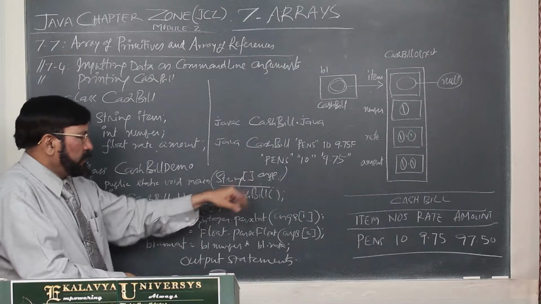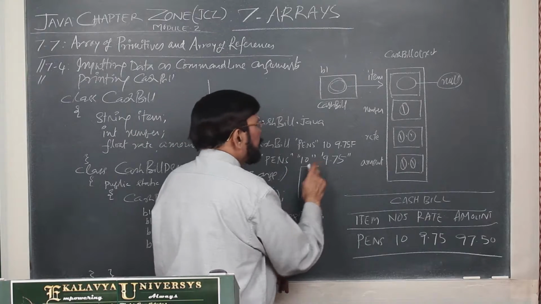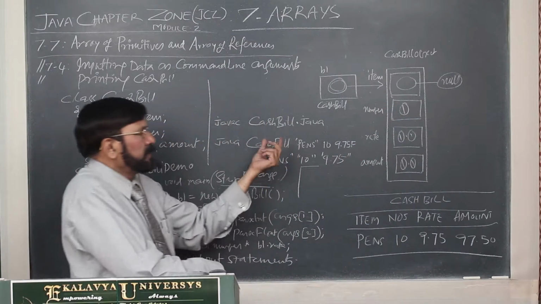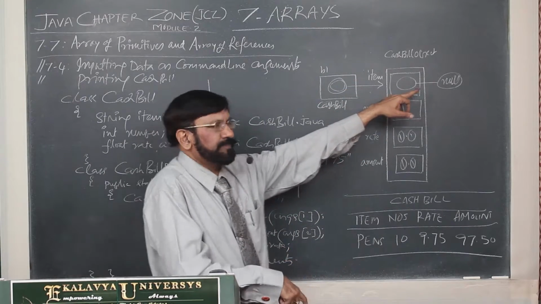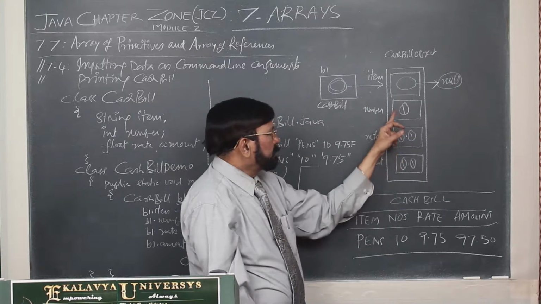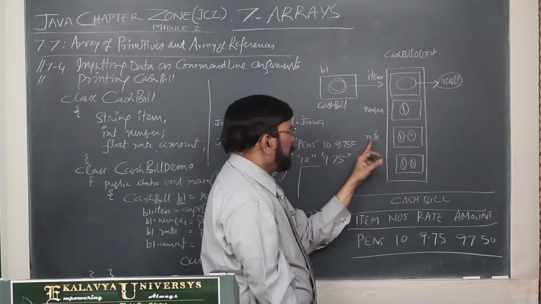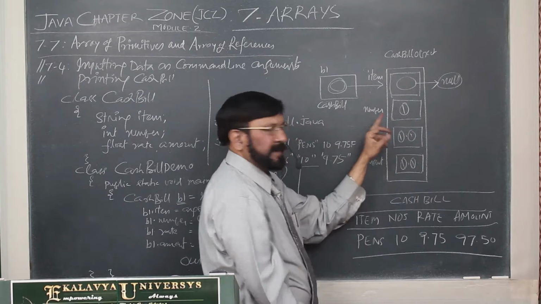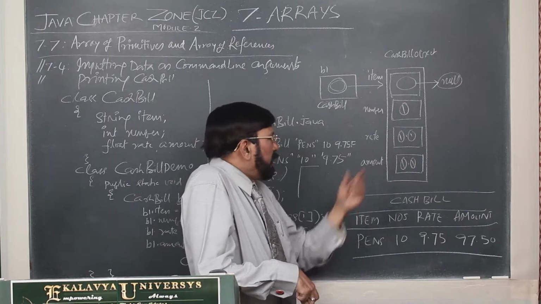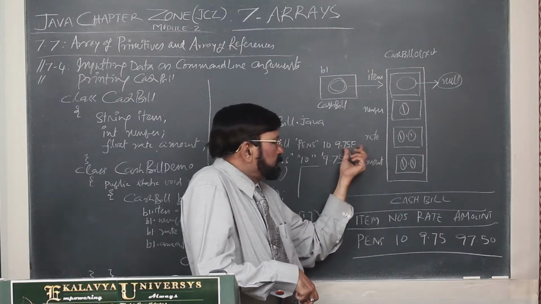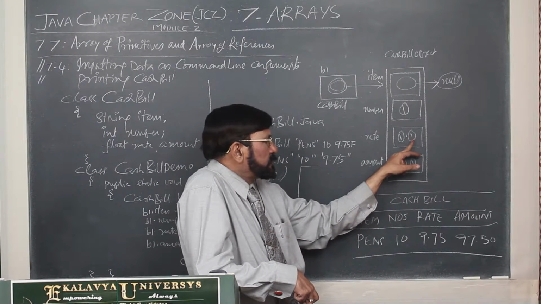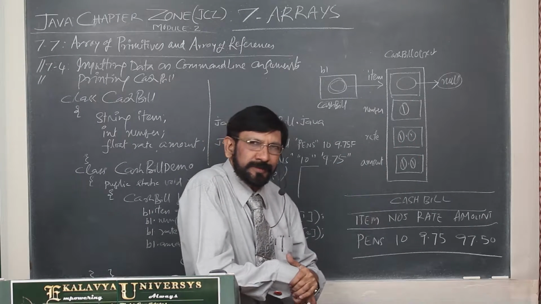So now one array is created. In that array, now I represent it here. Originally, before giving these values, item is a string, and it is referring to null. Thereafter, number and rate. As far as number and rate, number is int, its default value is 0, so 0 is stored. And rate, its type is float, its default value is 0.0. For float and double, the default value is 0.0. That's why 0.0 is there.